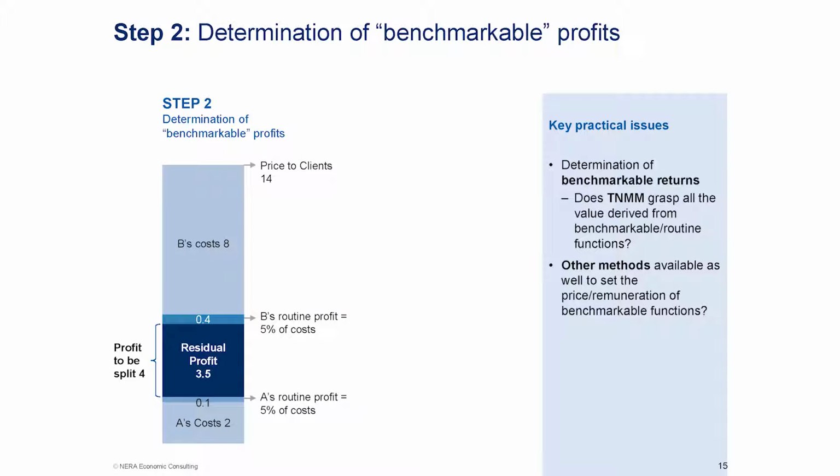Step two is in the residual profit split method, and slide 15 involves the identification of what we call benchmarkable returns. So you first allocate a profit to what can be benchmarked, typically through benchmarking analysis. And this first step allows to limit or mitigate the amount of profit that will be subject to a split factor. In the case at hand, can you find design houses in the market that are doing design services? The answer is yes. Can you find their remuneration? The answer is yes. So yes, you can benchmark this activity.